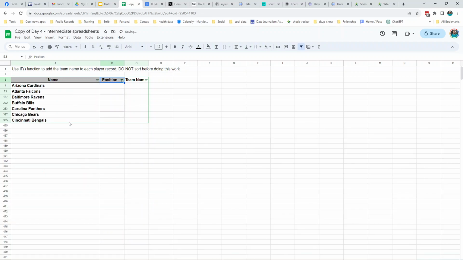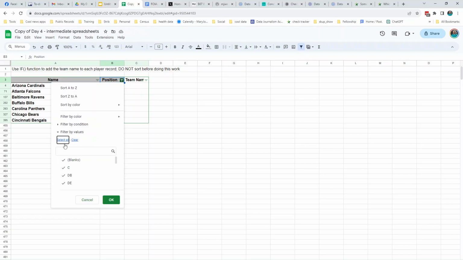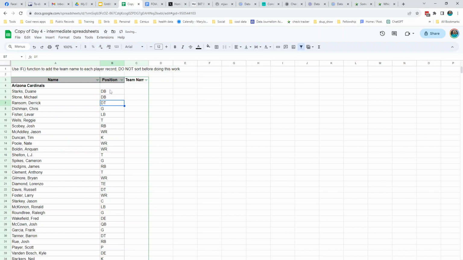And you can see it's only ones that are labels. None of the player rows are blank in the position column. So that's good. Basically what we can tell Excel is that if you see a blank cell here, that means we're on the first row of the team and we should take this team name. And if we're not in a blank cell, then we should just continue using the same team we did on